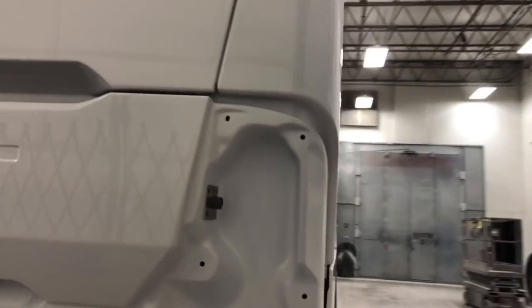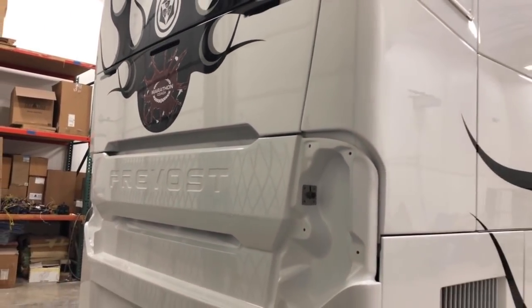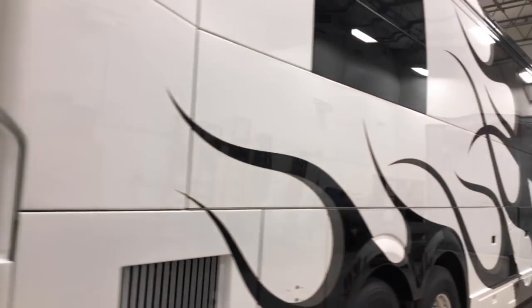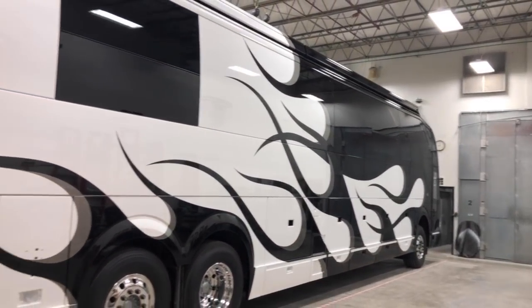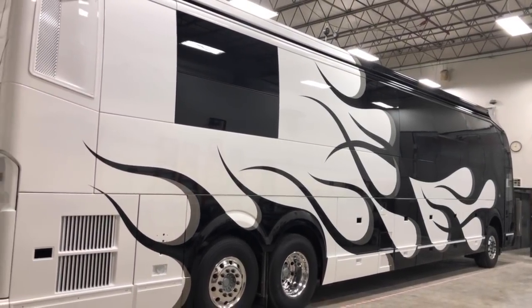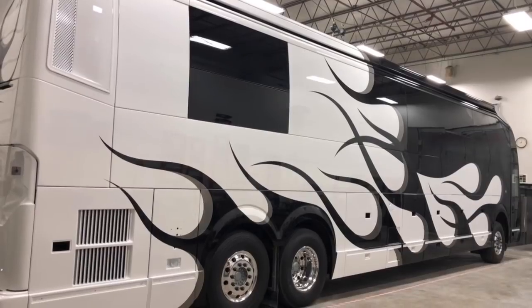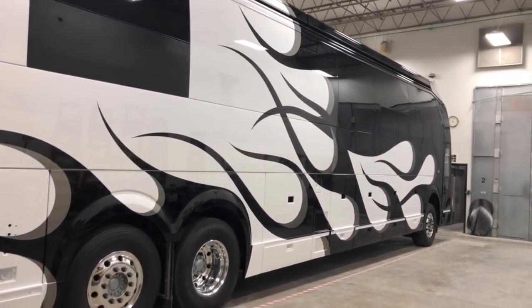This is the rear, as you can see. The lights, a lot of the trim pieces, they're not on yet. But this is what Marathon is doing with paint. This is a custom paint job. We don't just say, hey, guess what? We're the best and we're going to paint your coach. What we do is if you're doing a custom coach,